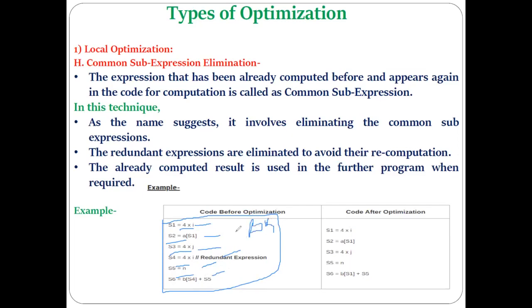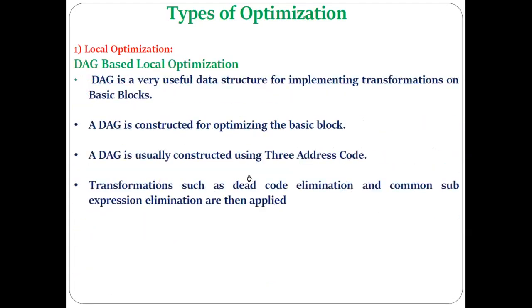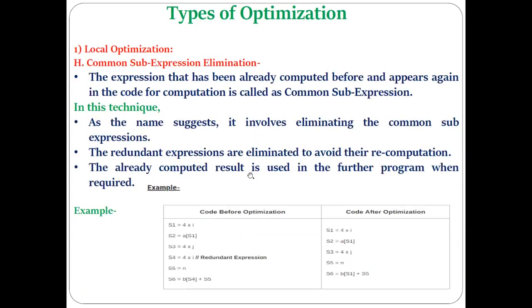So if you perform the optimization within this basic block, then it is considered a local optimization. And the technique for that is common sub expression elimination. That is the reason common sub expression elimination comes under local optimization also. So this is considered a local common sub expression elimination. Okay. Within global optimization also, this technique is there. Understood? When we see that, that time I will tell you. Okay. Now, that is all about the different kinds of techniques in the case of local optimization.